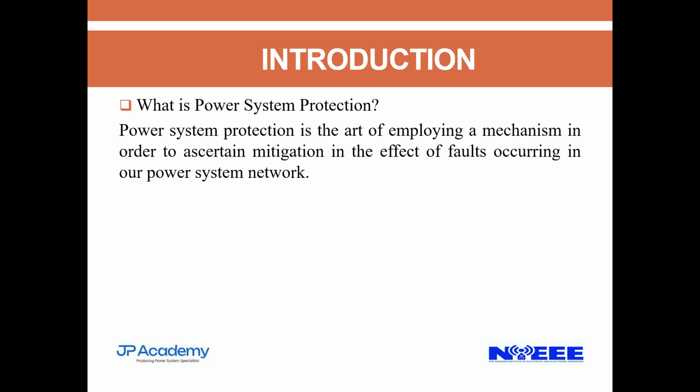So the objectives of power system protection are simple. When a fault arises, isolate the fault. But it doesn't stop there. When a fault arises, good and fine, we are isolating the fault. But then we need to ensure that we are isolating only the fault, not just isolating the fault. We need to make sure we are isolating only the fault. That's the second objective. The third objective is, while we are isolating only the fault, we should ensure that we are isolating only the fault as quickly as possible.